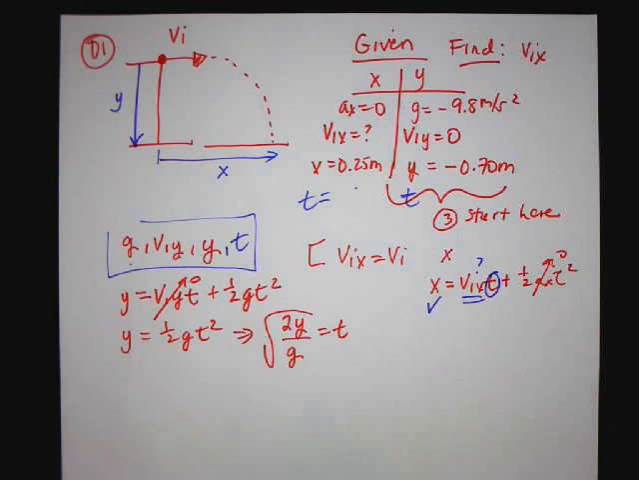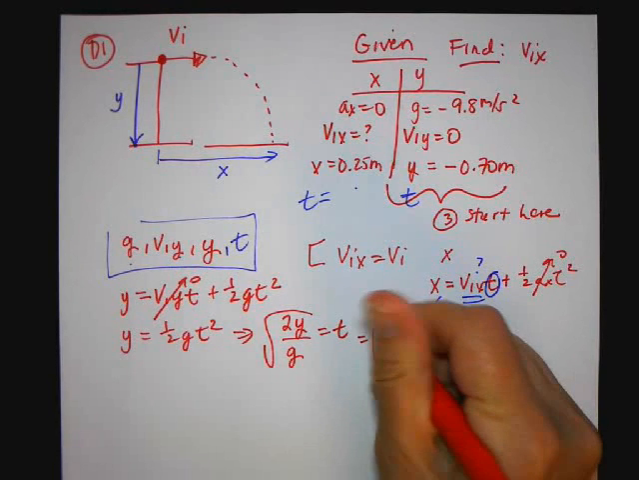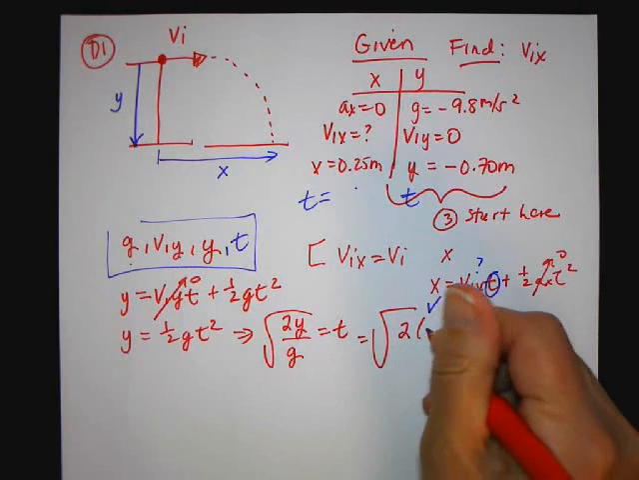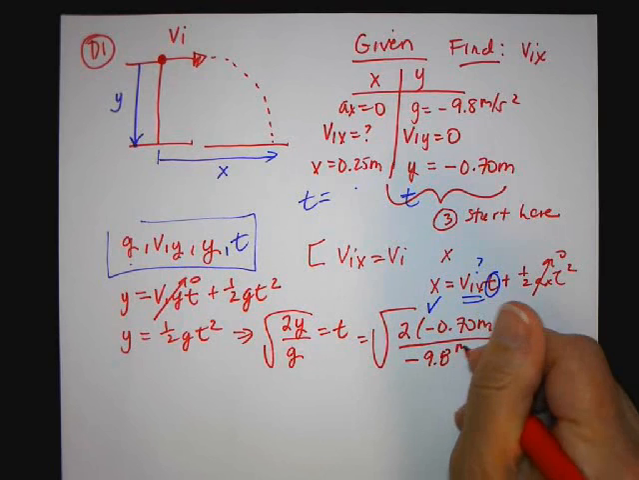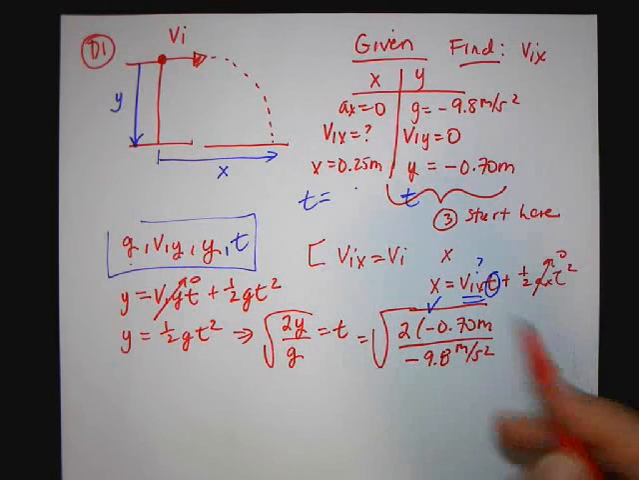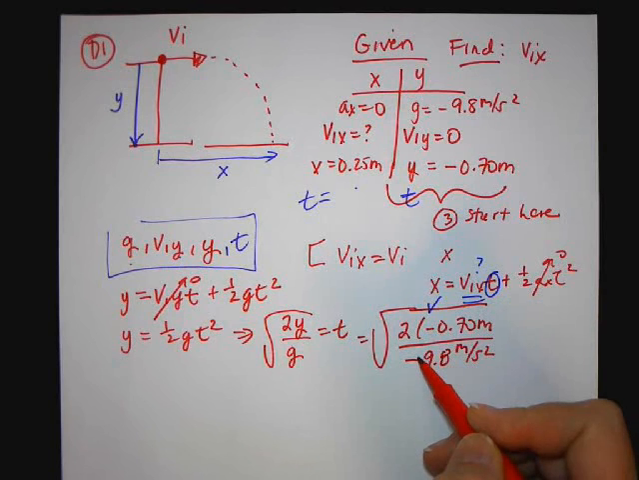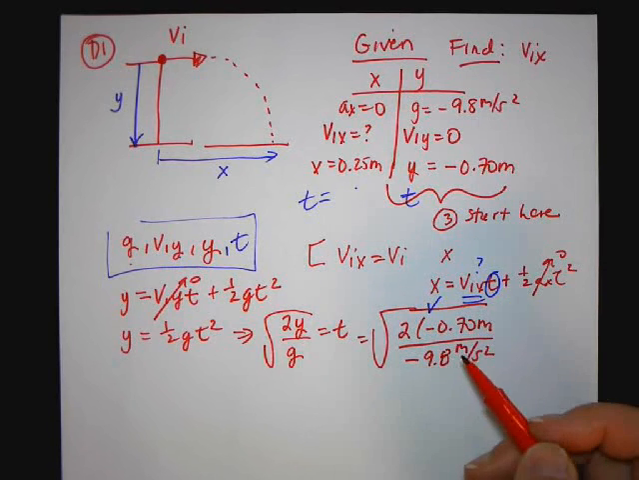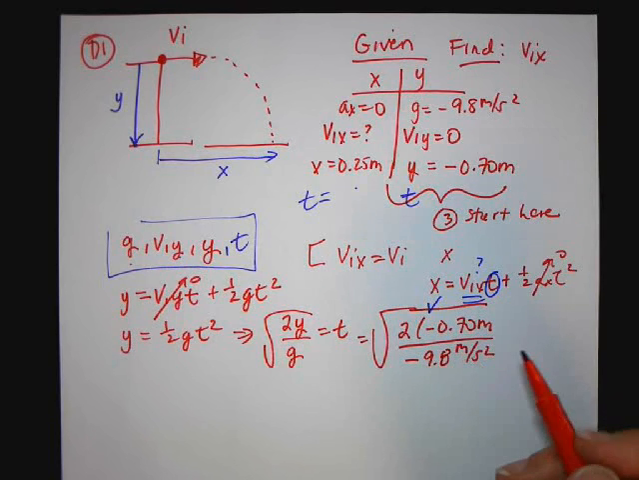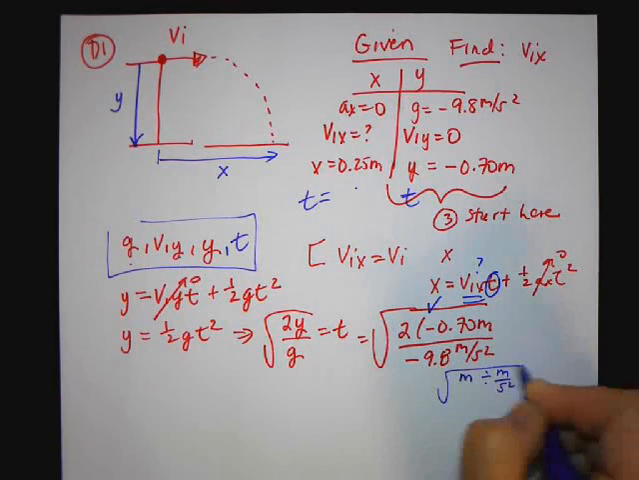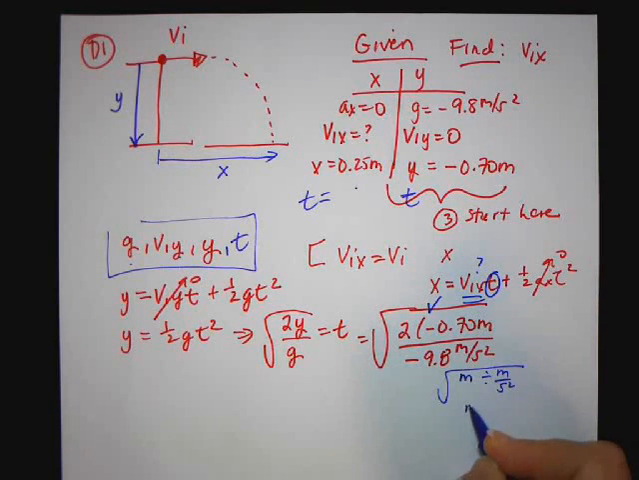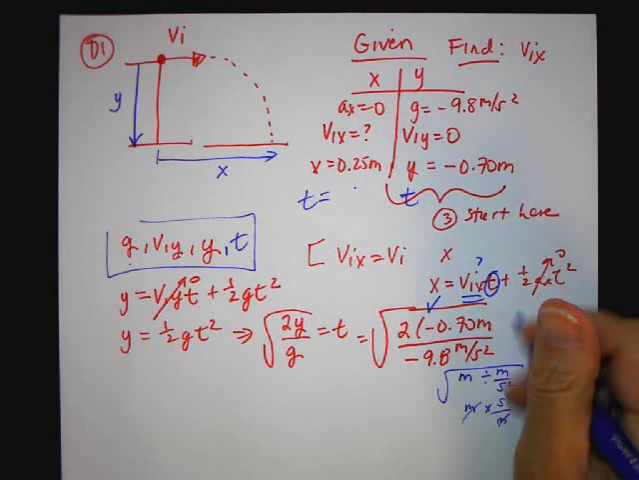values. 2 times negative 0.7 meters divided by negative 9.8 meters per second squared. Now the negative in the numerator cancels with the negative in the denominator. And my unit, if I have a meter, remember when I carry my units through and cancel them, it checks my work. So a meter divided by a meter per second squared under a radical is the same as a meter times a second squared over a meter. These cancel, so the square root of a second squared is a second. Is that the correct unit for time? Yes. And then when I do it on my calculator,